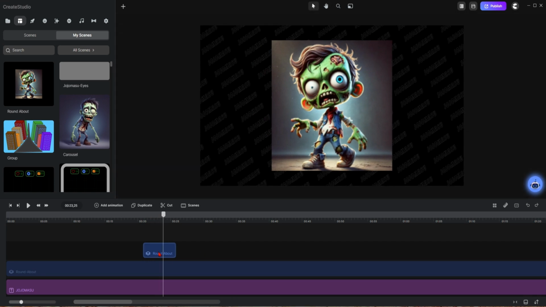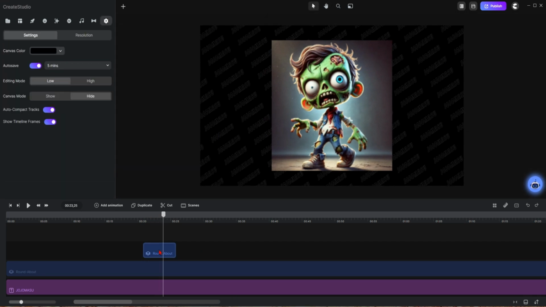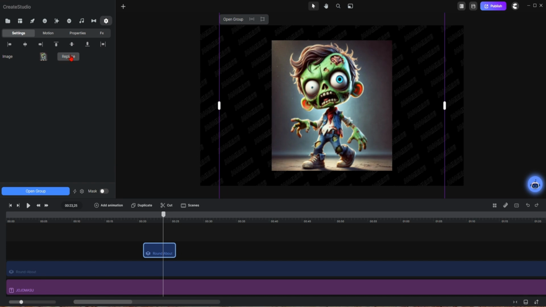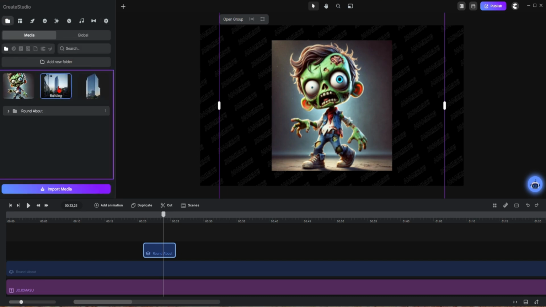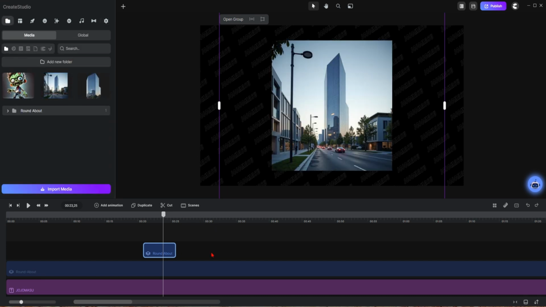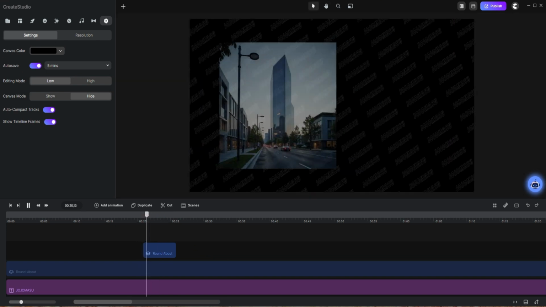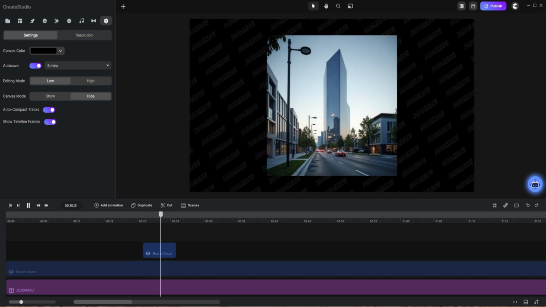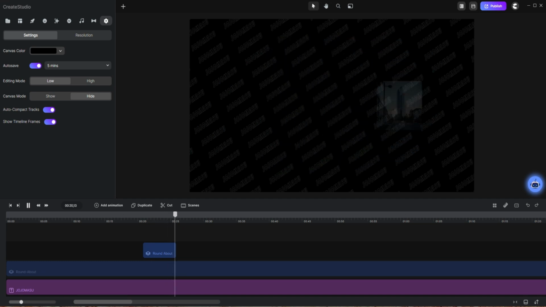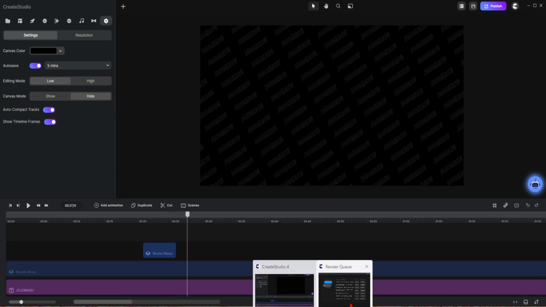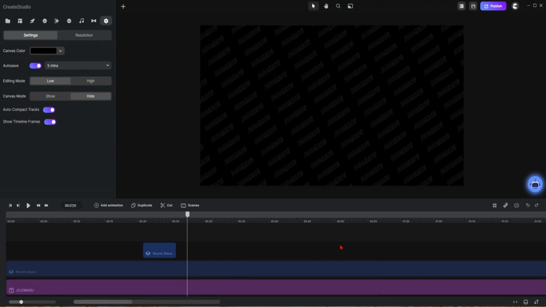So let's say now that you have that picture, but you don't want to use that. You want to use something else. Let's say you want to use this picture here. No problem. So now, there you go. It's as easy as that. So you can keep your